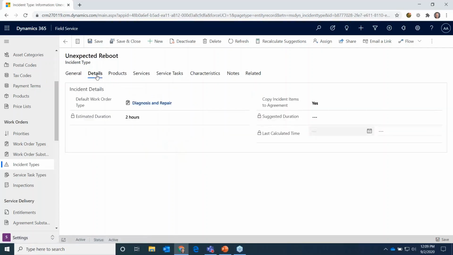There's a details tab. You can put in how long we think this typically takes to repair. What work order category does this fall in? So a work order type, this field that I'm pointing to right now, is more of a reporting field, where we can report on how many times we have done a diagnose and repair type of work order over the last 6 months or a year. So it's more of a category of a work order,